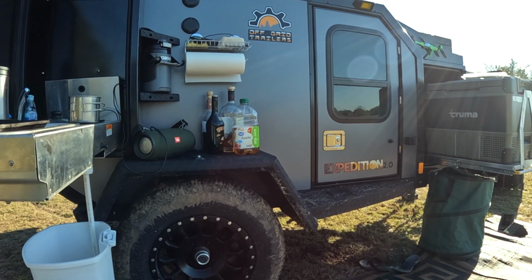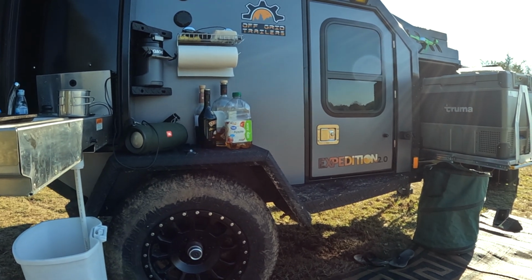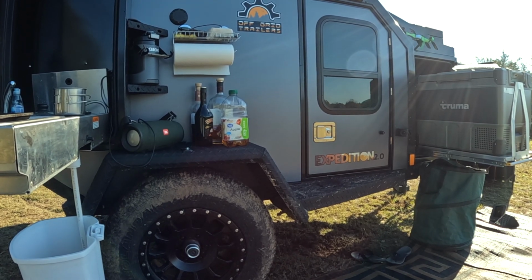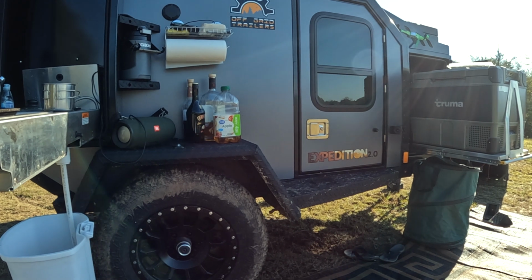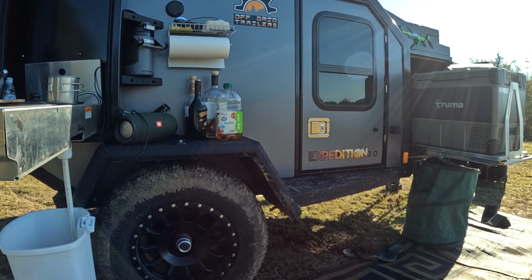Good morning. Another week is upon us, another opportunity to go camping. I'm actually doing some midweek camping this time instead of weekend, mostly because the weather's been pretty sloppy over the weekends, and this is the first opportunity I've got to actually get out and do some cold weather camping. And just wanted to share some experiences with you guys, because there's been some things I've learned camping over the last couple of days in 20-degree weather out here,